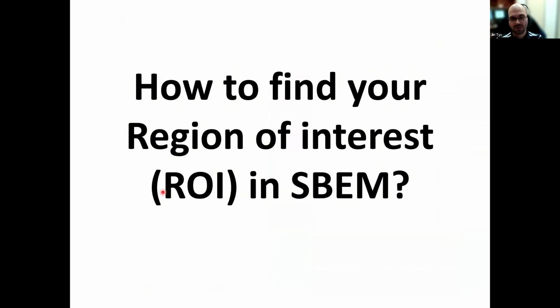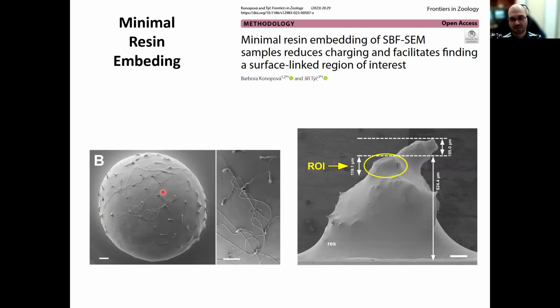So what we need to do, unless you have a cellular culture or a pellet, is to find your region of interest. When your region of interest is on the surface, we use the minimal resin embedding method. It was originally published at EMBL in Heidelberg, and we modified it for use in the serial block face. You can nicely see the surface and all the details on the fish roe. Here is the excretory organ of the springtail. So you can see what is protruding above and what you need to trim